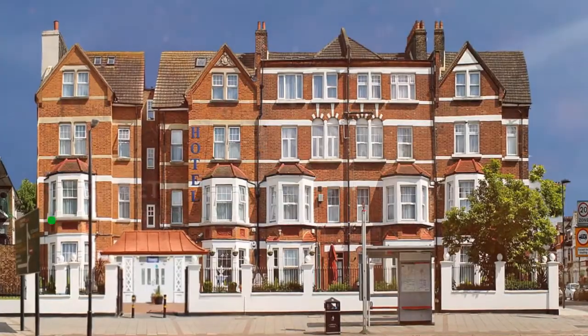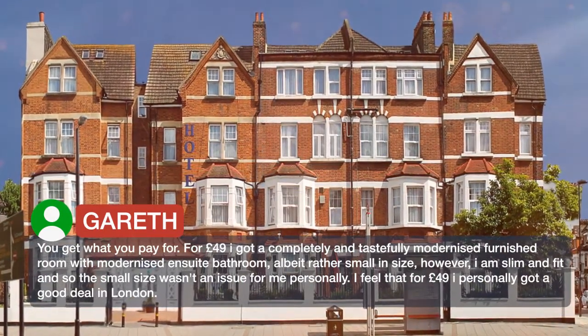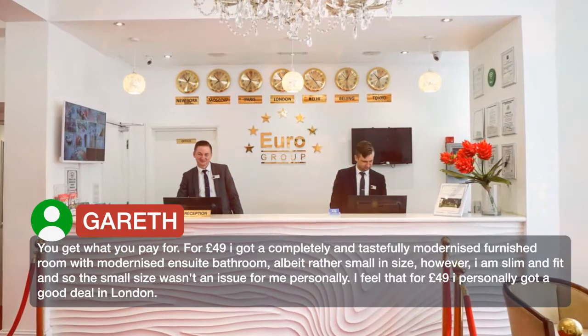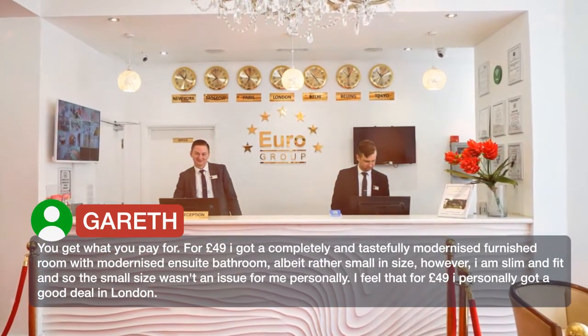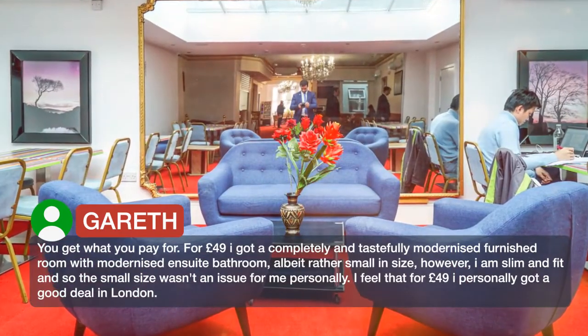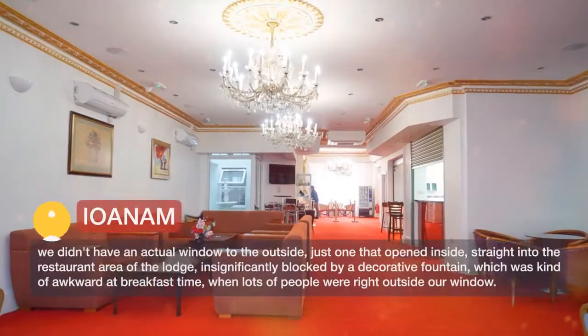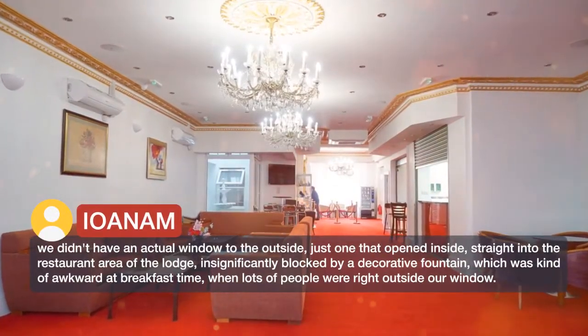You get what you pay for. For £49 I got a completely and tastefully modernized furnished room with modernized ensuite bathroom, albeit rather small in size. However, I am slim and fit, and so the small size wasn't an issue for me personally. I feel that for £49 I personally got a good deal. I did have an actual window to the outside, just one that